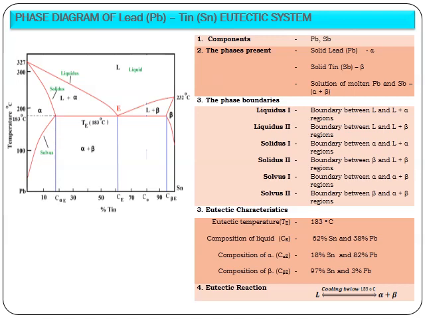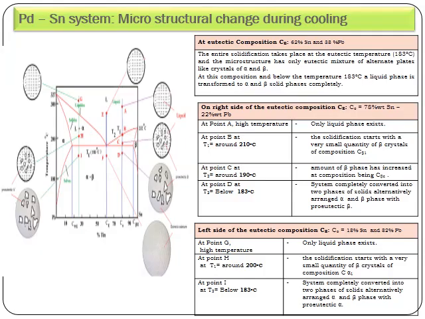Here we are discussing the binary eutectic phase diagram of a lead and tin system. Now let us discuss what are all the microstructural changes that are going to be observed when these systems are made to cool from higher temperature to lower temperature at different compositional levels. Okay, now let us discuss the microstructural changes that are going to happen in these types of alloy systems when they are cooled from high temperature to some low temperature levels.